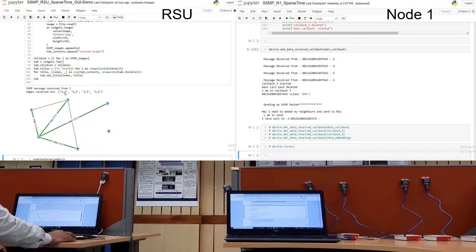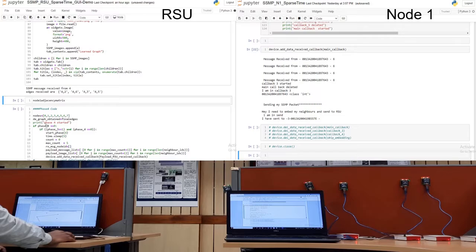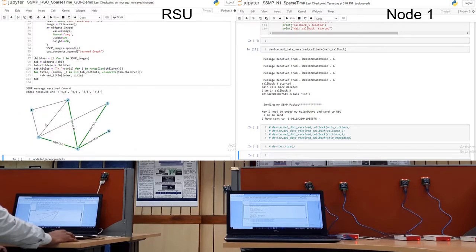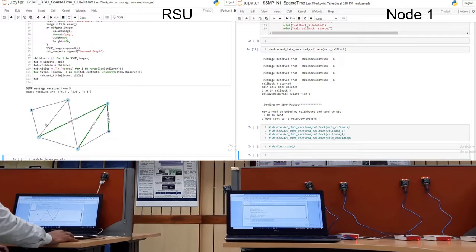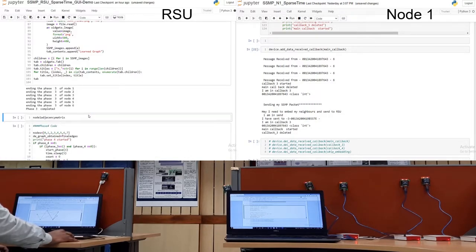RSU has learned the neighbor information of node 3. We have received the neighbor information from node 4. RSU has learned the neighbor information of node 4. RSU has learned the neighbor information of node 5.